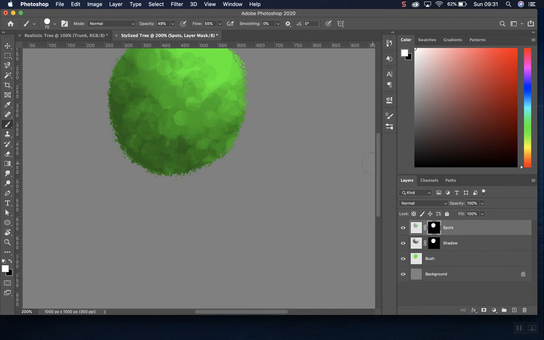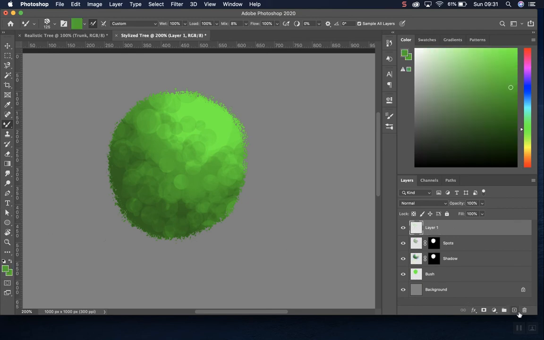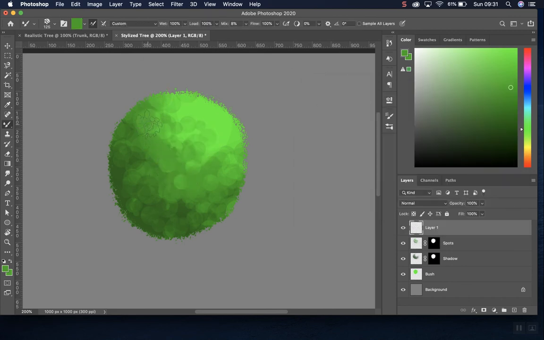Well, we're going to add one more layer to this, and this is going to be using the mixer brush tool. So click on the mixer brush tool, and we're going to create a new layer. We're going to make sure that this button up in this corner, sample all layers, you know what, actually let's try it without it on. Normally it would pick the colour underneath and mix it all together, but let's just see if we can get this to work quite nicely. It doesn't seem to be making any colour at the moment. There we go. Now that I start to paint it in,